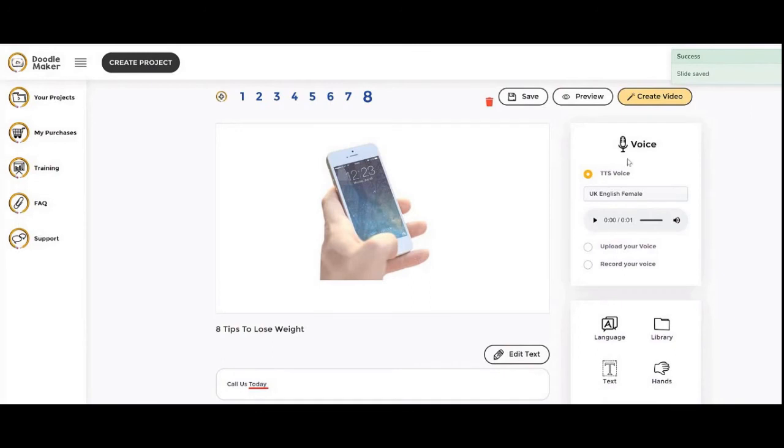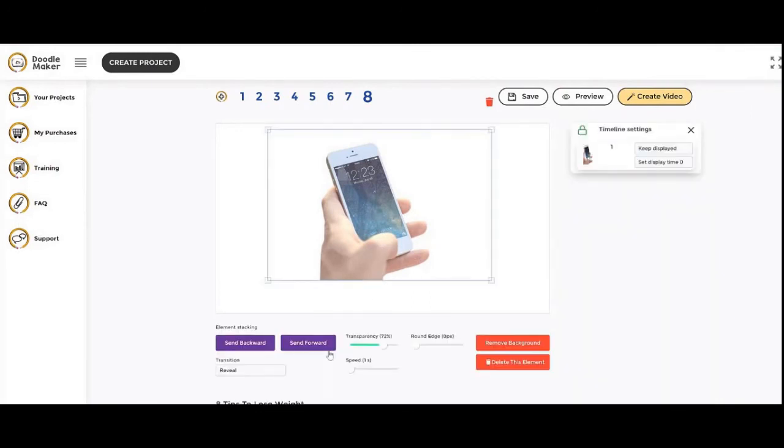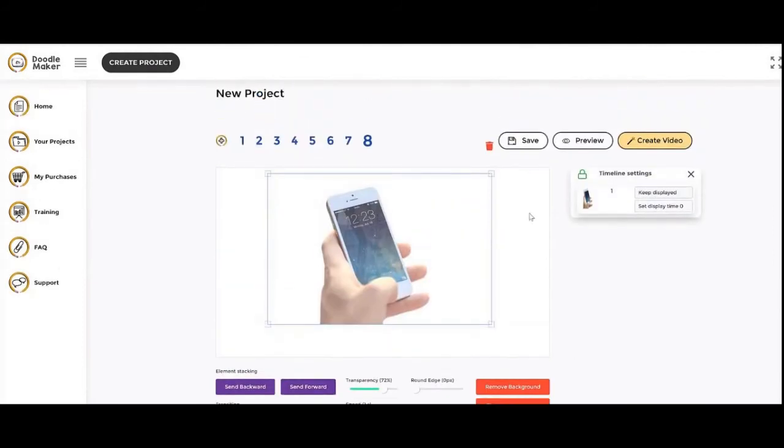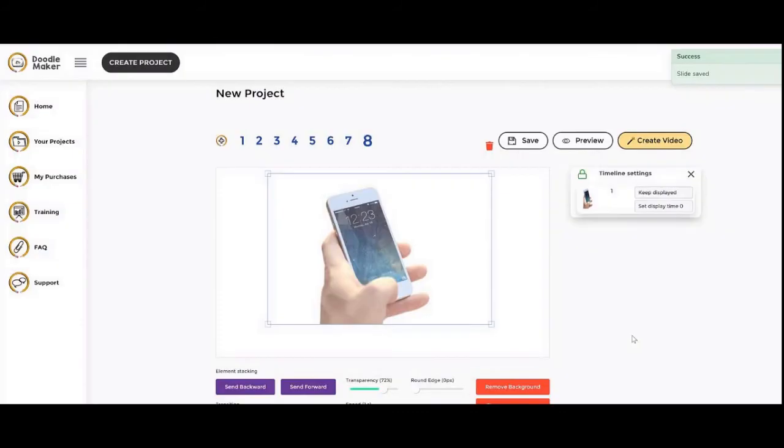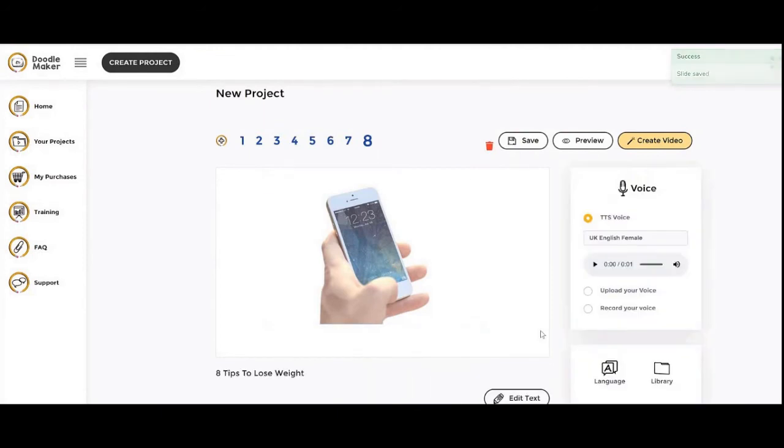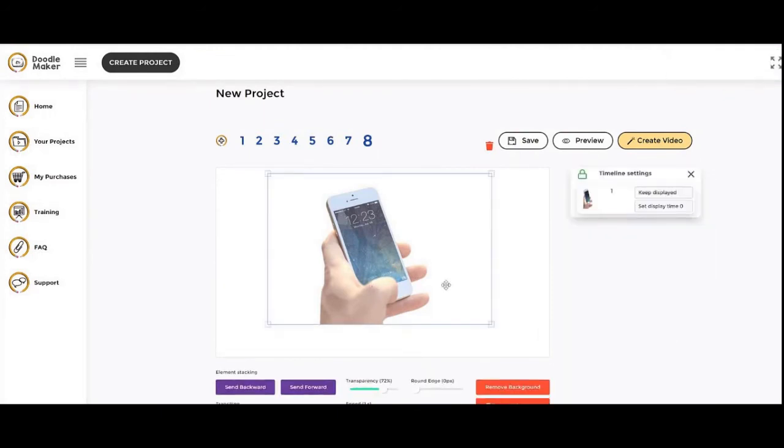You can do that. You can even do, for example, the hand painting thing that I was telling you about and change the speed of it, how quickly you want it, how slow you want it, and so on. You have the full flexibility here. So, for example, you want to do that. Let's click preview. Call us today. There you go. So you can even do that as well if you wanted to really ramp up your video